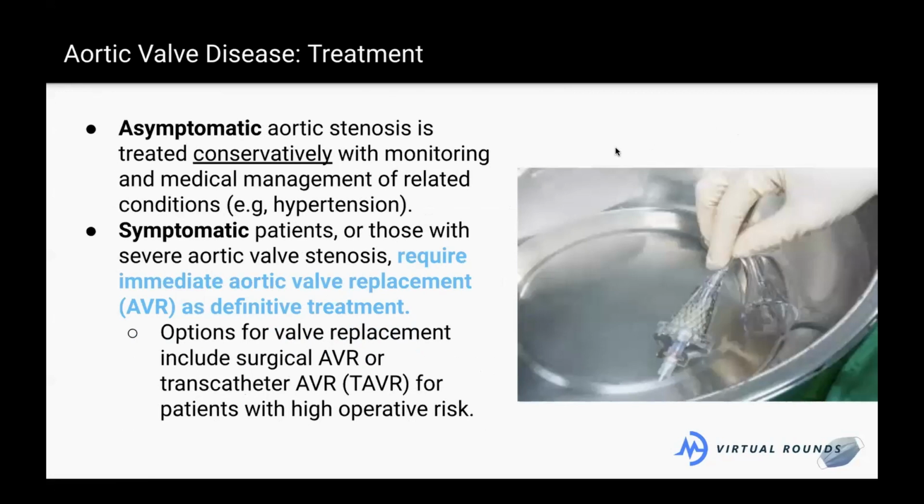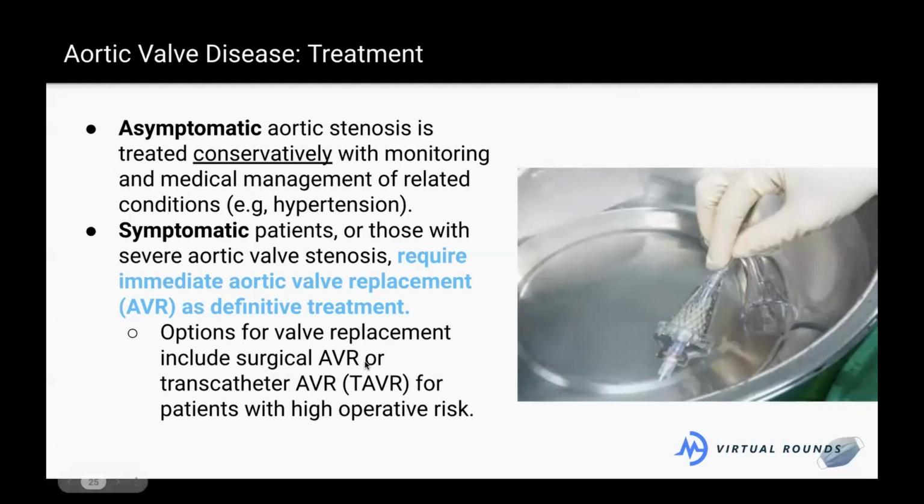So how do we treat this? Especially for Mr. Pena, who is our patient still. Aortic stenosis is often treated conservatively, meaning we often don't do anything for it if you're not having symptoms. Say I do an echocardiogram of someone who's a little older, they have no symptoms, they can run, walk down the block, no issues, but we see that their valve isn't really opening well. We don't really do much for them. We'll make sure that if they have high blood pressure that we monitor it, so we're not creating more work for the heart than we need to, but in general, if we don't have to treat it, we don't.